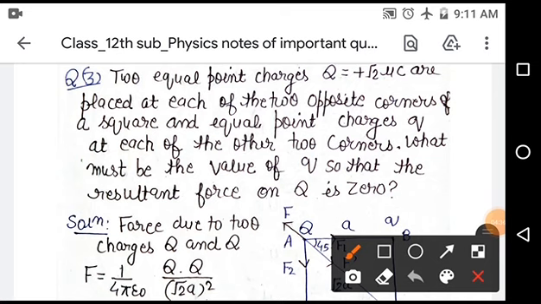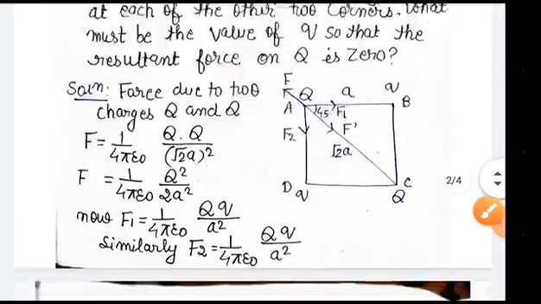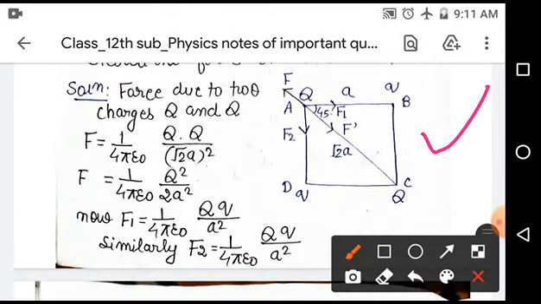So first of all, we will discuss here the diagram. In the diagram there is a square ABCD whose side is a, and Q is a point where three forces are working. F2 towards charge Q at point D, and F1 towards point B at charge Q, and capital F is the force which is working outward from the point Q. So first of all we will find the force F which is working between the two charges capital Q and capital Q.